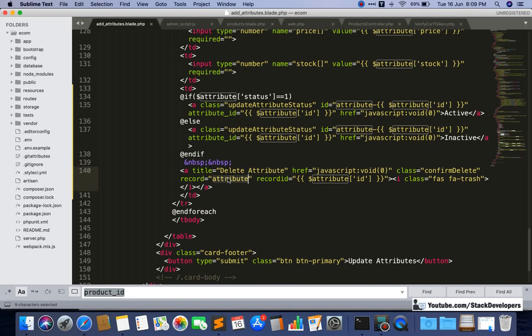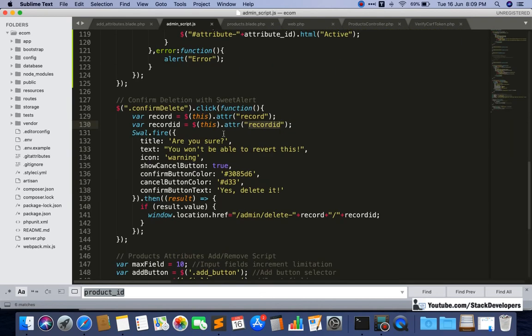See, here we have made the record as attribute, that is fine, and here we are passing the attribute id, like I told you earlier that we are going to pass the id. So we are passing the attribute id of that entry that we want to remove. Along with that we are sending attribute to tell that this module is the attribute module. Now see, here attribute will come in record and here attribute id will come, whatever attribute id we are passing.